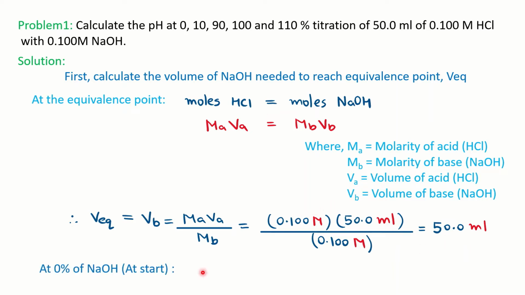So that's the first step. Now, second, at the start, before starting the titration, you have to calculate how much acid is present and what the pH value is. So 0% means you haven't started adding the NaOH, meaning the pH value will be completely dependent on the concentration of the acid which is given to you. We know the formula, pH is equal to minus logarithm of H+, and it is given as 0.1 at the start. So we are getting a pH of 1 before we start our titration.